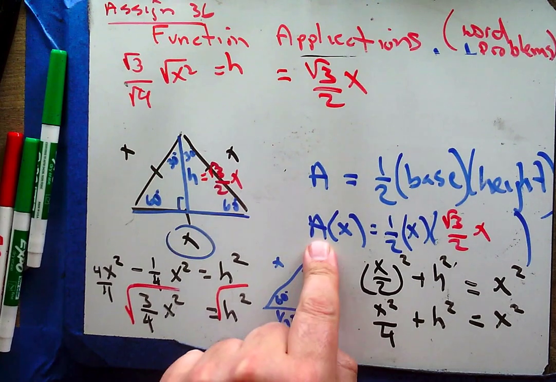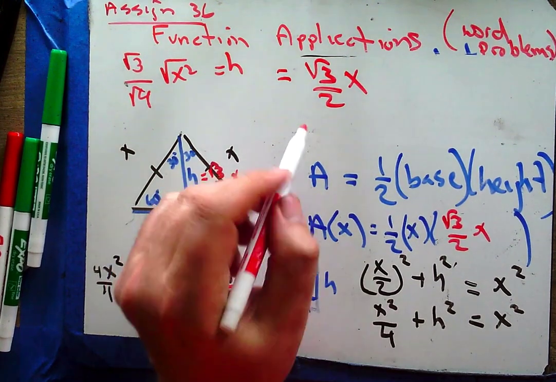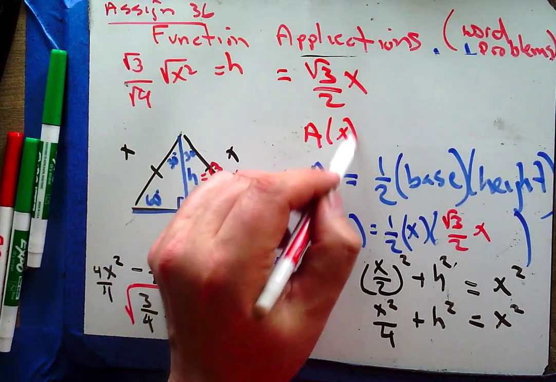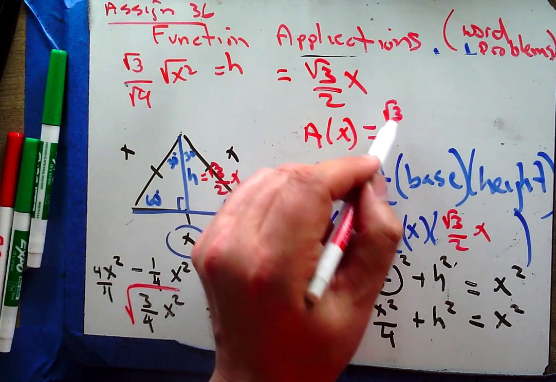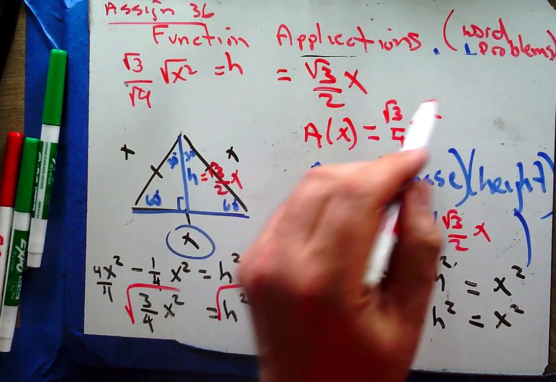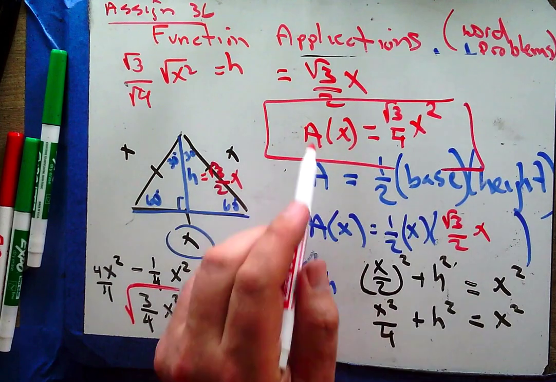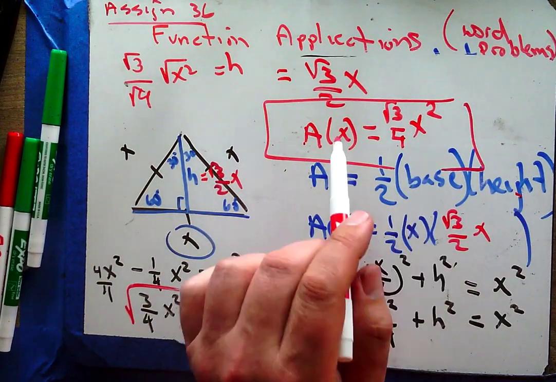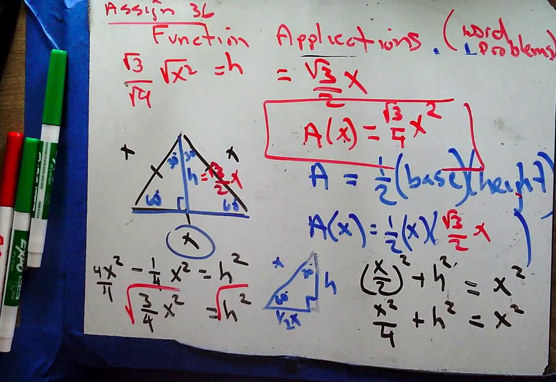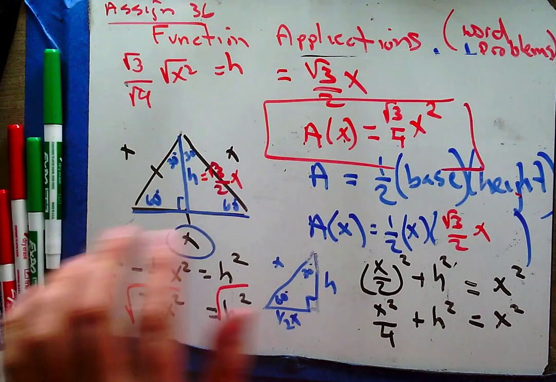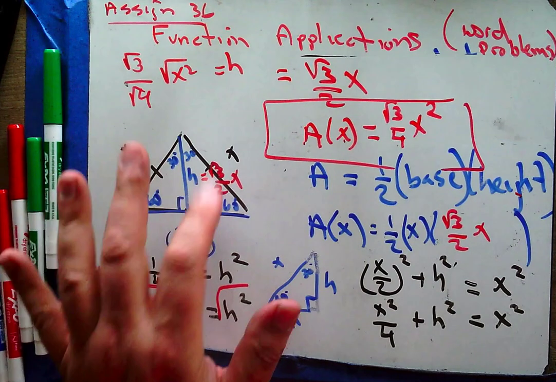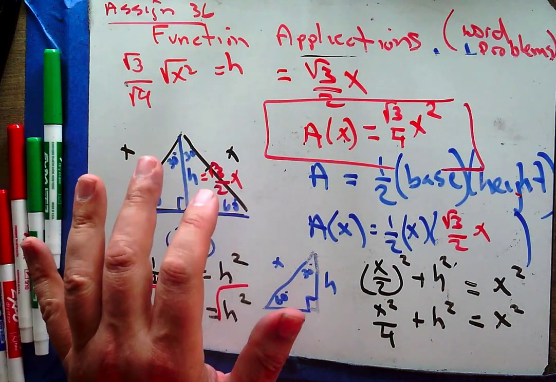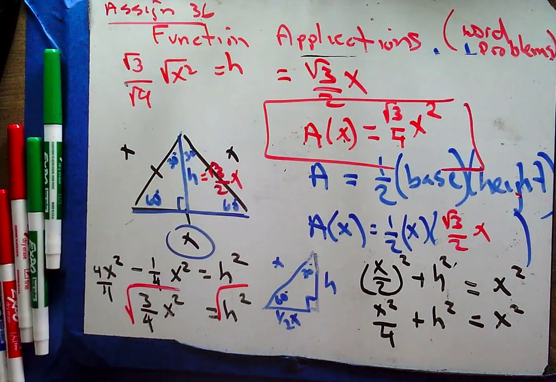And I know that this is root 3 over 2x. And so what's area as a function of side length for an equilateral triangle? A of x turns out to be root 3 over 4x squared. Ta-da! We wrote the area of a triangle not in terms of base and height, but in terms of side length. Okay? And whether we have to derive pieces, like we had to use the Pythagorean theorem to find h, or whether it's